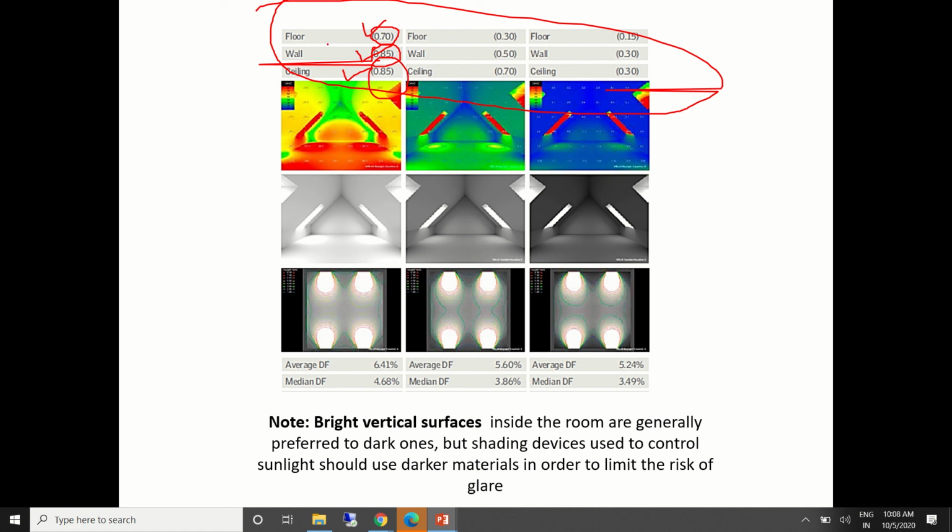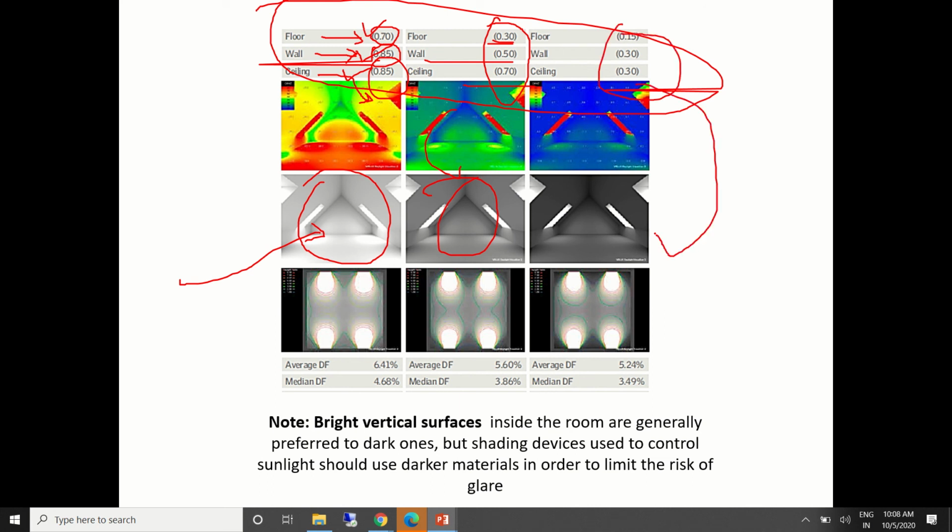So for example, if 70% is reflected back, or 85% of whatever it gets is reflected back. Same happens for the roof or the ceiling. The kind of environment that we will get is maybe something like this, where everything is reflected back. Too much brightness or too much glare will take place. Just by altering the material choices for floor, wall and roof, you can control the kind of environment that you have. And we should not be doing something like this as well, where eventually it is kind of dark and nothing happens inside the building.